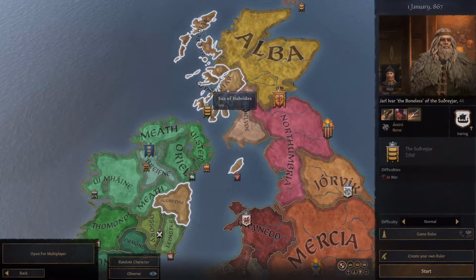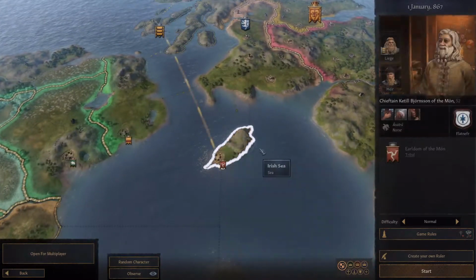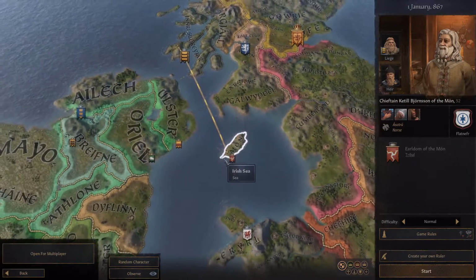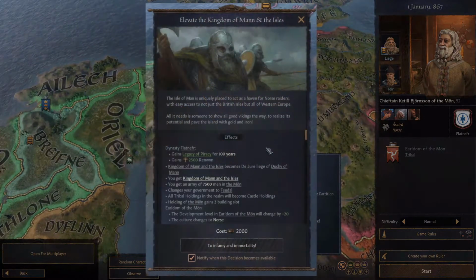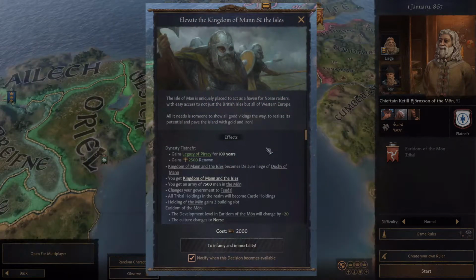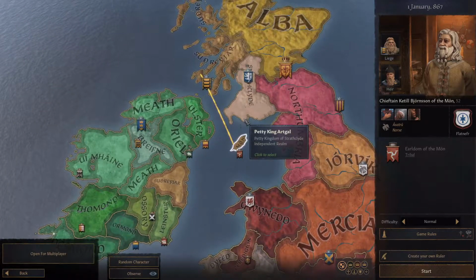Well, we won't be playing as anybody too overpowered like these guys up here, and I think the perfect person to play as is the ruler of the Isle of Mann, because they do have some interesting decisions available to them, and they'll kind of let us take a look at the new DLC and some of the features that